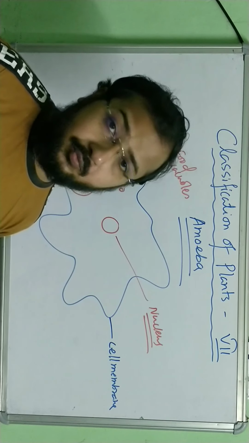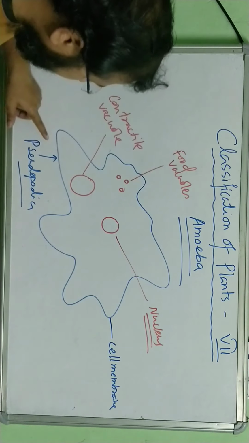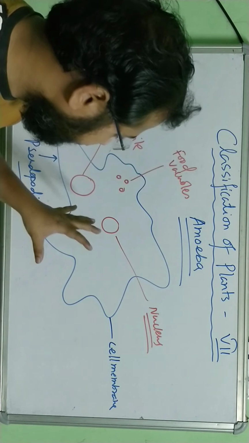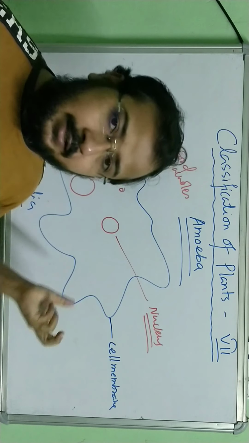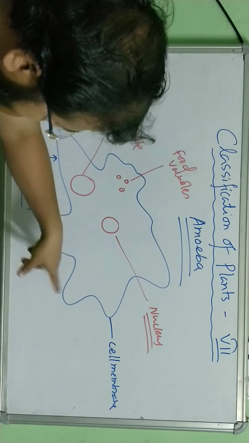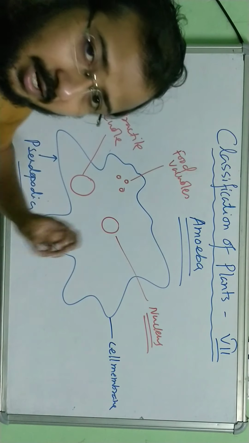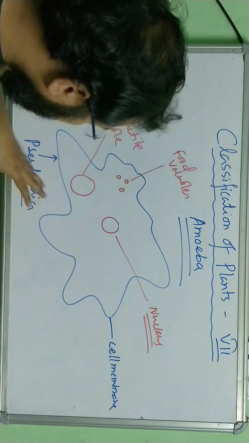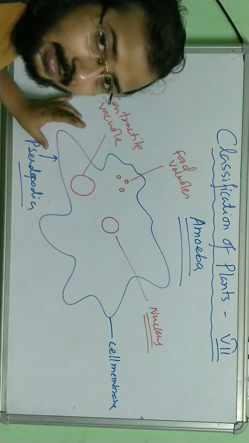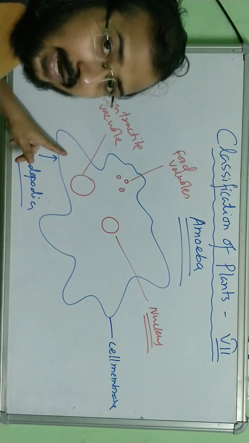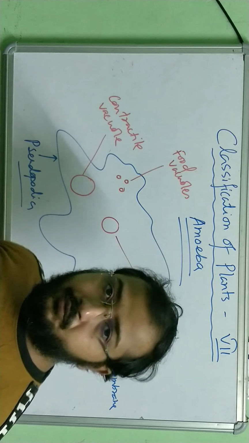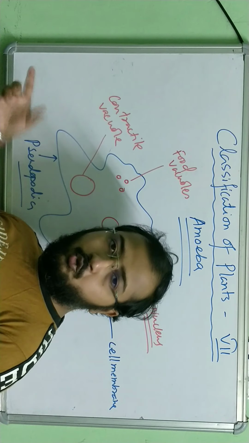Now the first topic that I am going to discuss here after this, on the basis of this diagram, is how amoeba moves. Amoeba moves with the help of pseudopodia. Pseudopodia means false feet. Means they don't have exactly any feet. It's a single cell. But what happens is that the body is extended in different directions. We have to see which will be the longest extension. That is the pseudopodia. And the direction in which the amoeba wants to move, the longest extension should be in that direction.